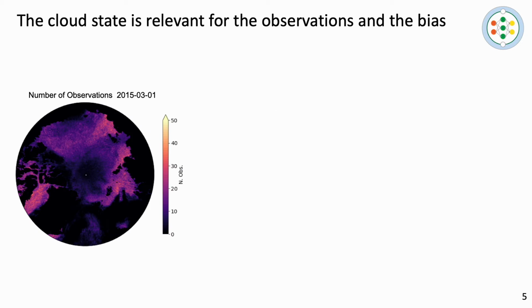Before moving to the results part, I think it's important to clarify an aspect that's related both to the observations and to the bias itself. So we said that the cloud state is very relevant for the bias because in clear sky conditions, it's particularly pronounced. But actually the cloud state is also important for the quality of the observations, because we don't have observations in cloudy conditions, since the infrared sensor would just measure the temperature of the cloud and not of the ice surface. That's why we decided to use only observations coming from clear sky condition regions.